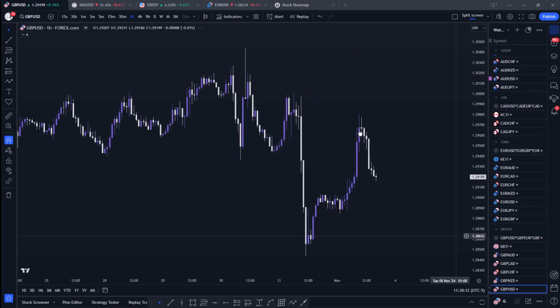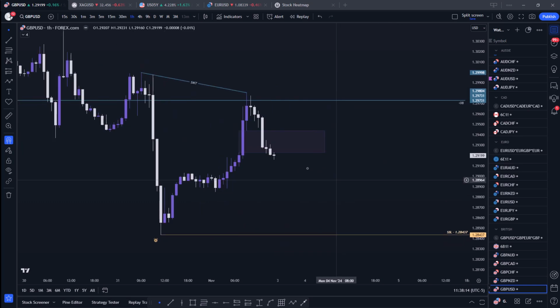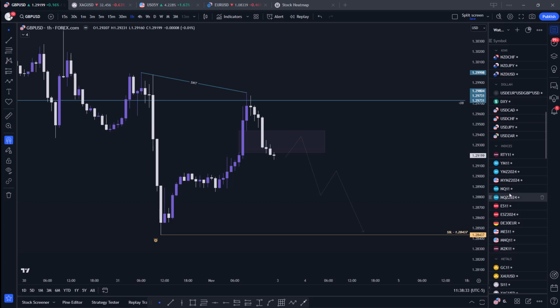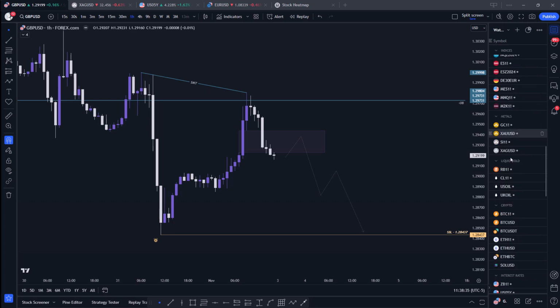So we have the SMT at the highs displacing lower. We have a new gap that's now being inverted. We have already closed below it, so we could look for a retracement up, maybe even to this BPR where we have the CB as well, then a continuation lower to the sell side liquidity. So that's my insight on DXY, EU, GU, and of course the indices that I've already gone through. Then obviously I threw in gold and silver in there to complete the mix. So that's what I'm looking for.